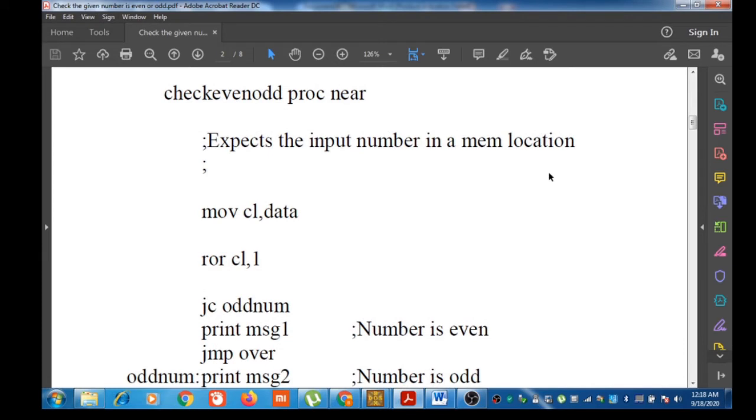Inside the procedure, it collects the parameter using the variable name. The content of the variable data is moved to CL register and apply ROR instruction on CL register. When the carry is set, it will be odd number. If carry flag reset, it is even number.